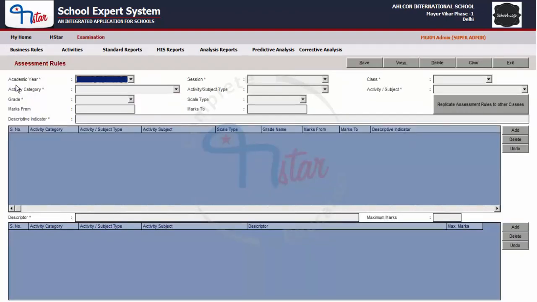When the screen opens, you can see two main portions in the screen. The above portion is the descriptive indicator portion, whereas the below portion is the library for descriptors, that is, the parameters which are evaluated out of 5 as per the CCE guidelines. For now, we will be concentrating on defining the library for descriptive indicators. So first, select the academic year,